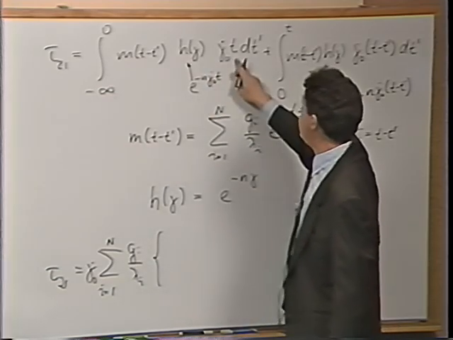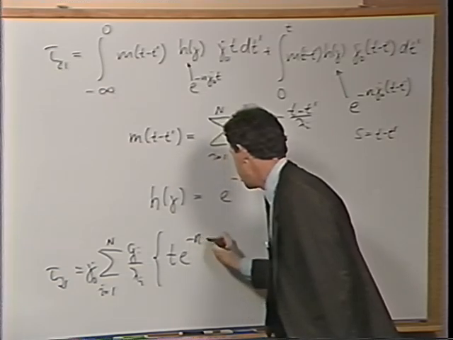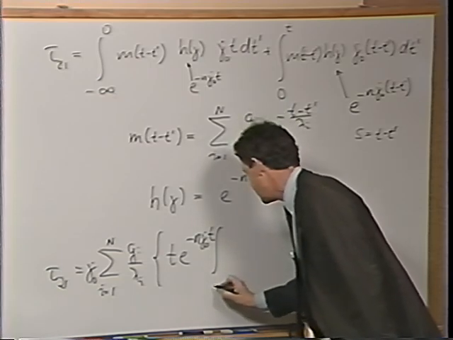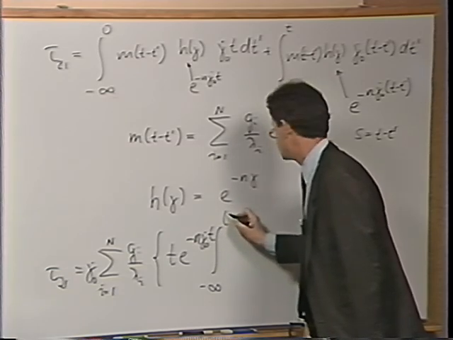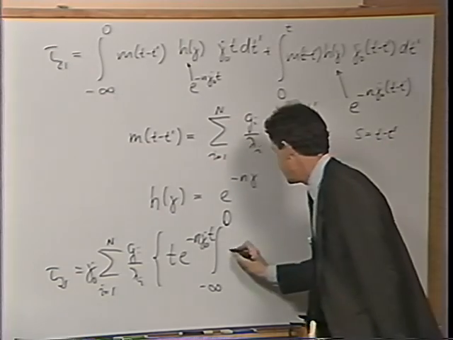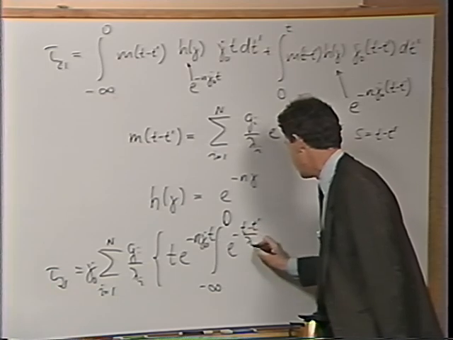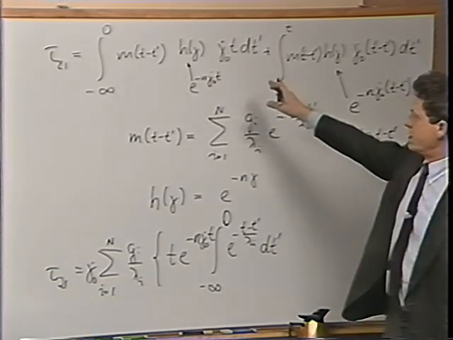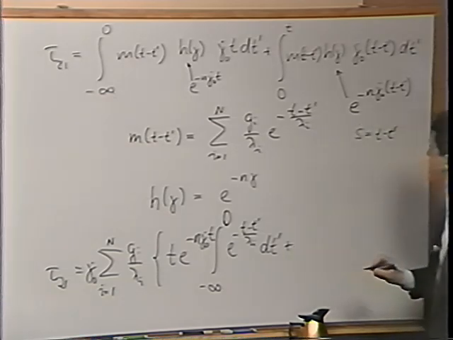I can pull t times e to the minus n gamma dot 0 t outside, and have an integral then from minus infinity to 0 of this function here, e to the minus t prime over lambda I dt prime. That's the only part which is left over from the first integral, plus now in the second integral,